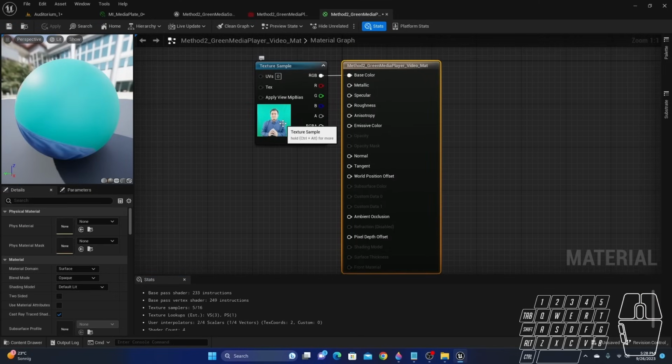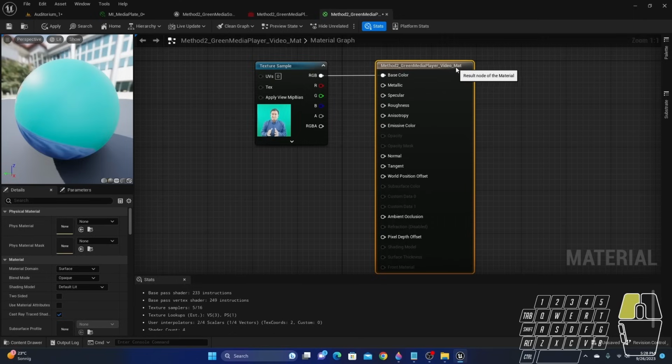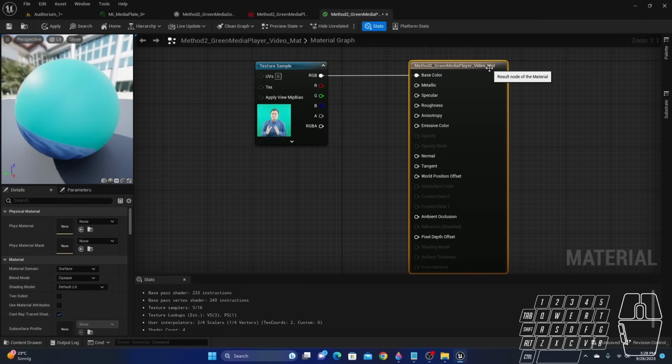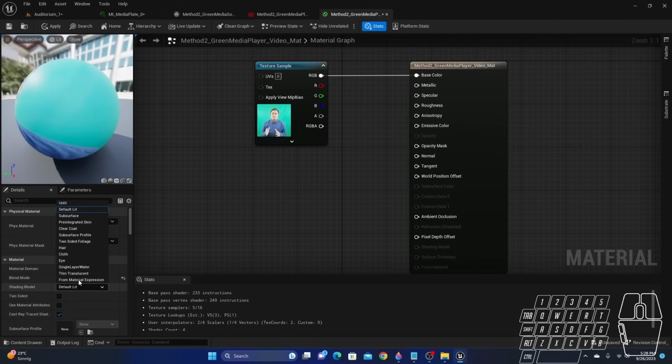So when we open this material, we should have the video playing, that sequence of images playing. Otherwise something has gone wrong and we have to cross verify it. Okay. So now what we have to do is surface masked and unlit,